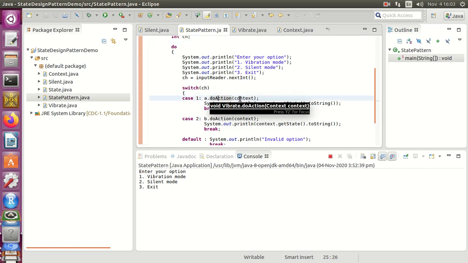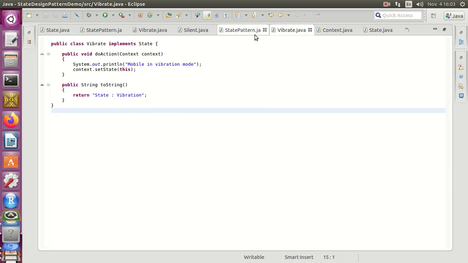If the context class behavior contains vibration, it will execute that particular do action method and display the respective message. That means if the context contains the behavior vibration, it will execute this vibration method and this particular output, mobile in the vibration mode, is shown.